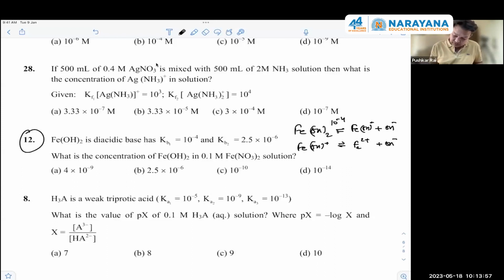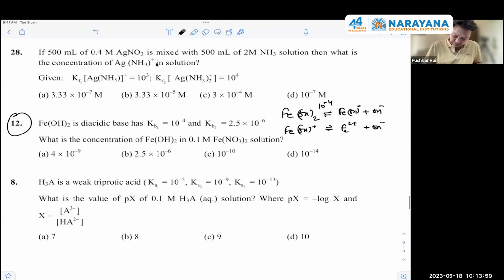Anyone? There is a flaw in this problem because it is not written that we have to assume that this is solid. Chalo, assume kar lete hain. If it is solid, then